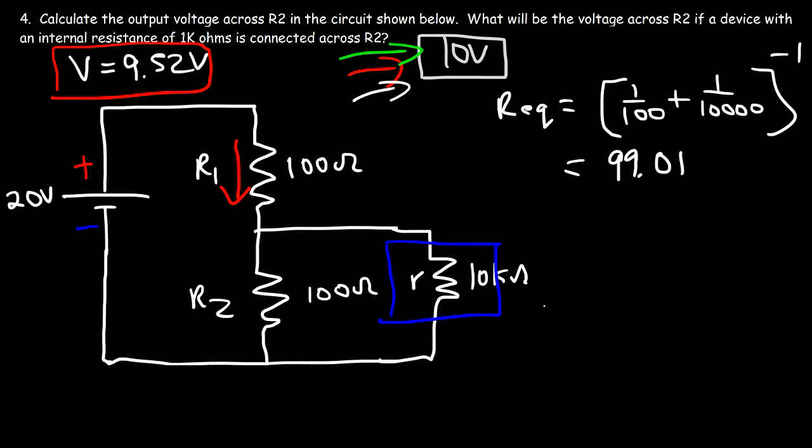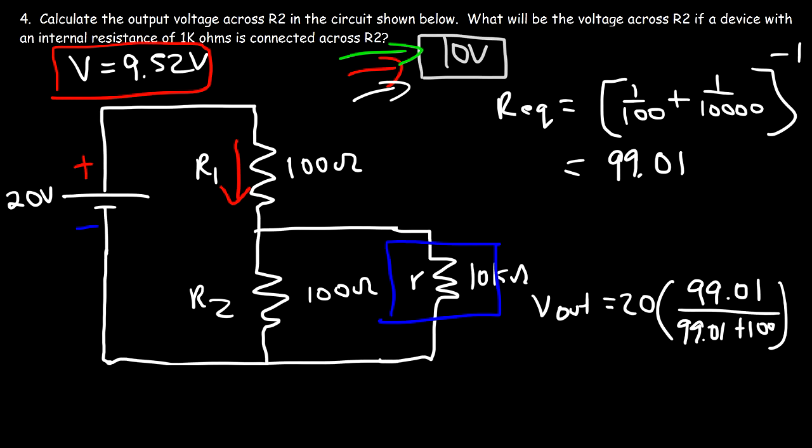So now let's calculate it. The output voltage is going to equal the input voltage of 20 times the equivalent resistance of 99.01 divided by that value plus 100. So 20 times 99.01 divided by 199.01 is 9.95 volts. So notice that the voltage decreased by only 0.5%,